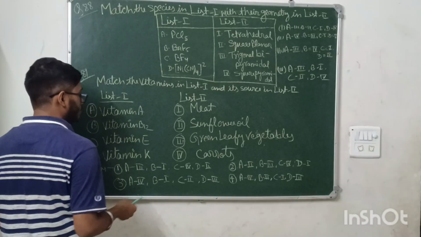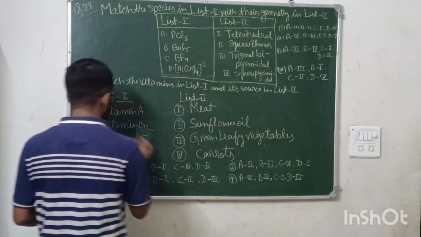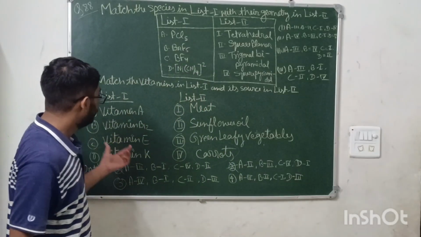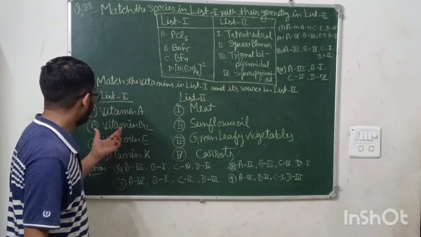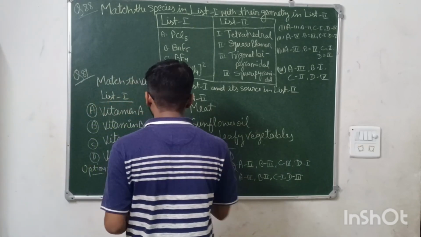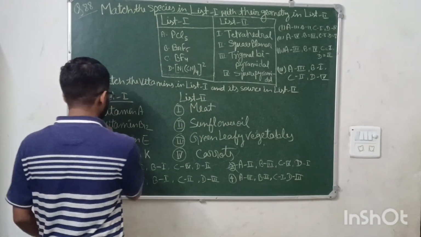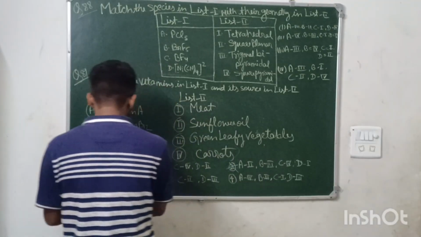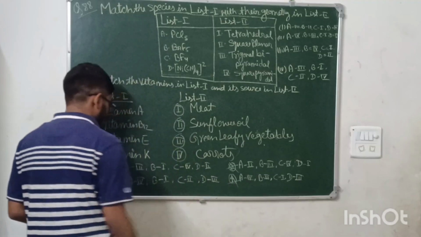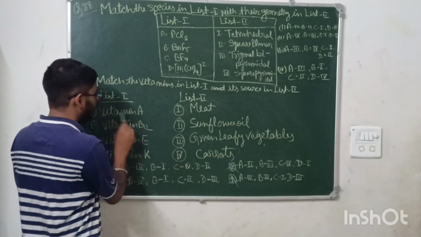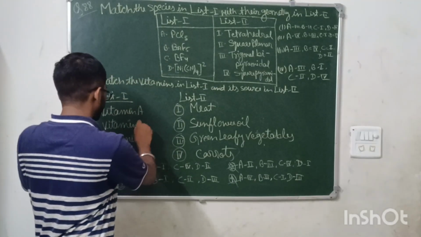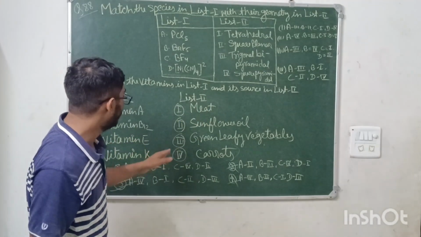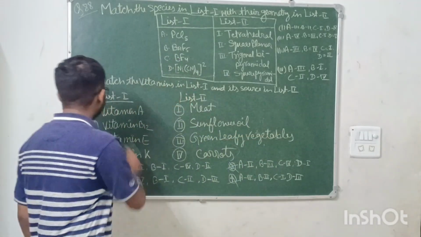Okay, so we know that carrots gives us what? Vitamin A, so means A4. So A4 means option number second and first are eliminated, and we get vitamin B12 by meat. Okay, means B1. So this is B1 and this is okay. Option number third is the answer. A4 means vitamin A we get by carrot, and vitamin B12 we get by meat, vitamin E we get by sunflower oil, and vitamin K we get by what? Green leafy vegetables.